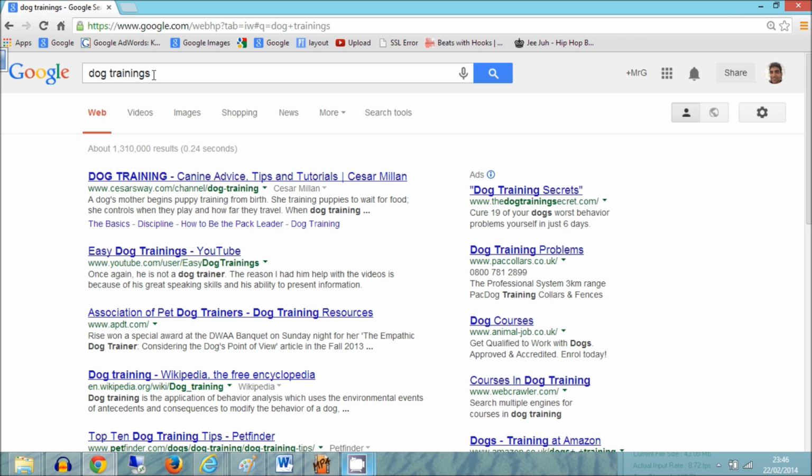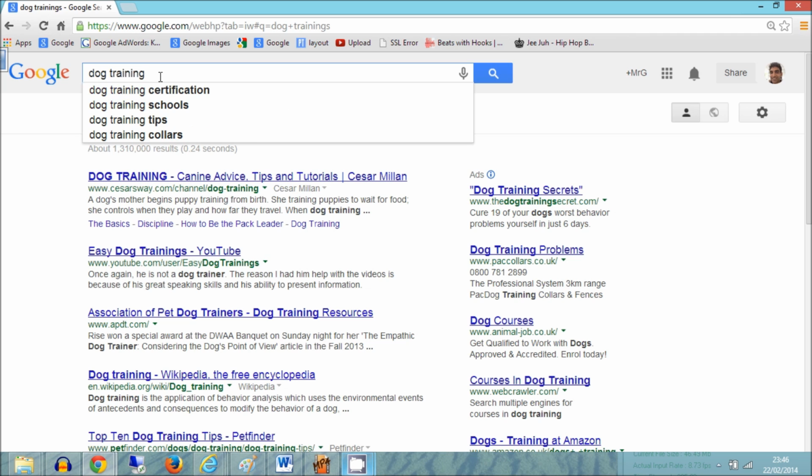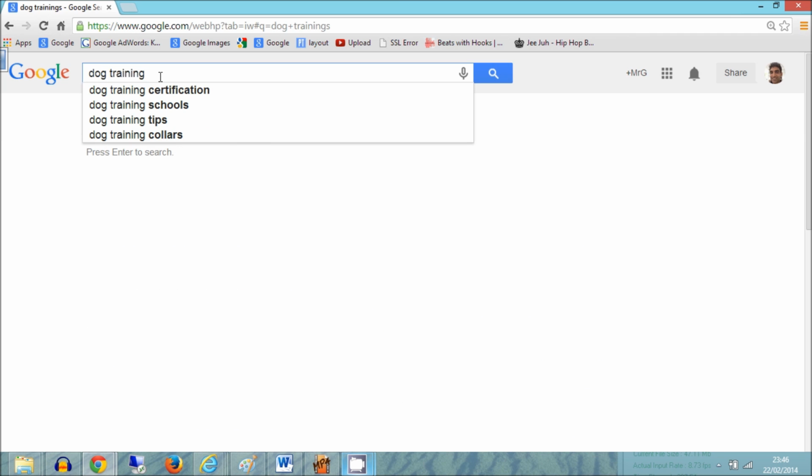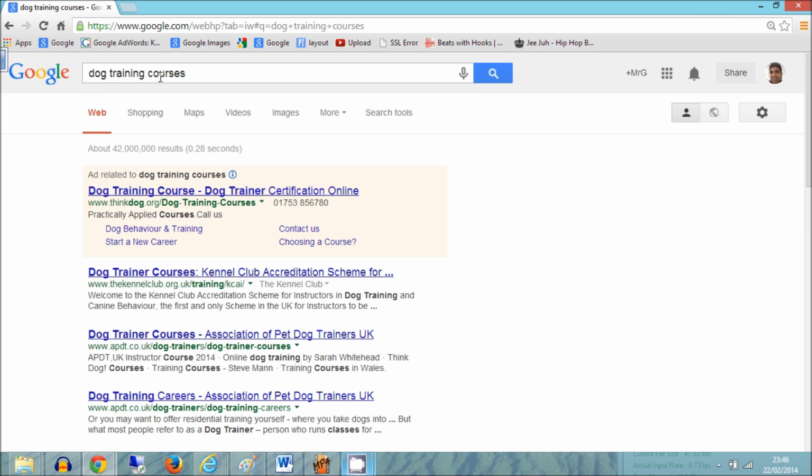So we could effectively optimize one page of our website, or we could build a website based around dog training and optimize that, and we could also build a website based around dog trainings and optimize that to get into the top of the search engines, because it's so varied. So guys, keep those concepts in mind: every different little phrase you type in is like a different street, and we are optimizing our websites to show Google our relevance for the keyword phrase.